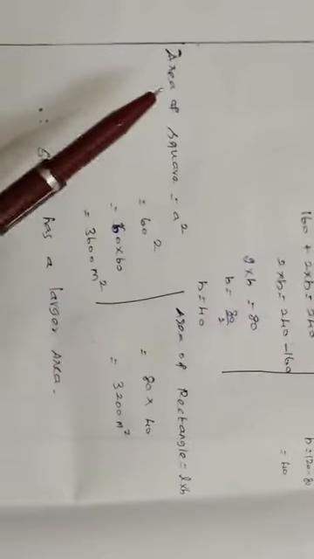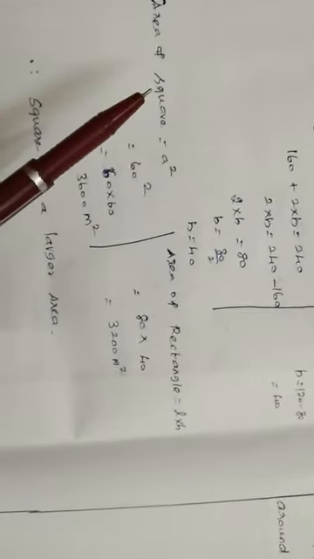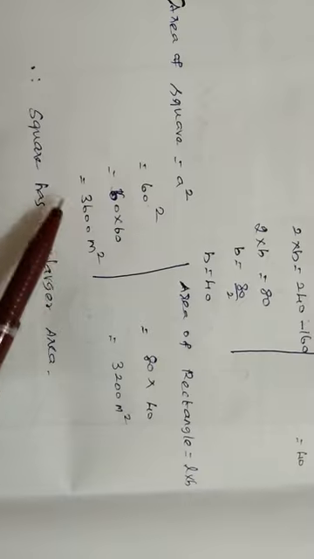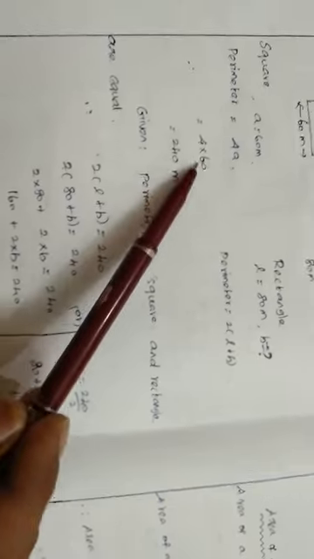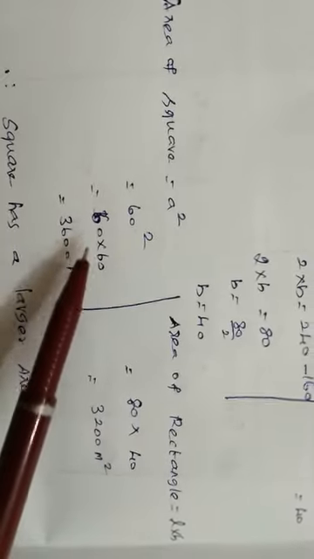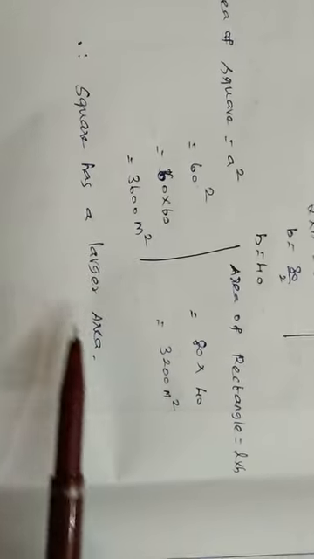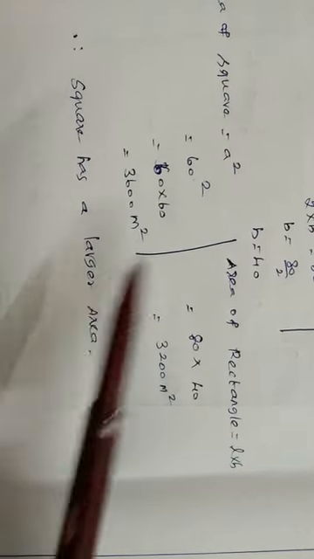Now we need to find the area, to see which one is greater. Area of square is 60 into 60, so 3600 meter square. Learn that for a single unknown variable we have meter, but for a product of two values, meter into meter, we have meter square. For the rectangle, L value 80 and B value 40, multiplying gives 3200 meter square. So the square has the larger area. Which one has a larger area? The square. Next problem.